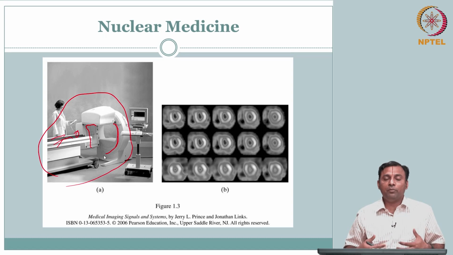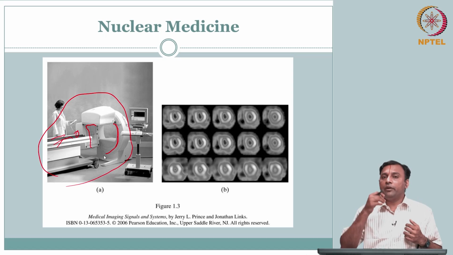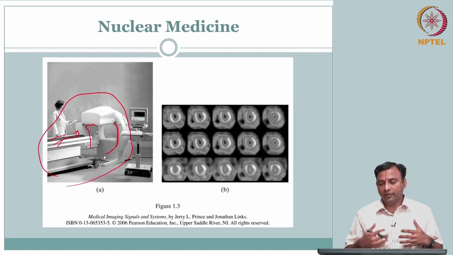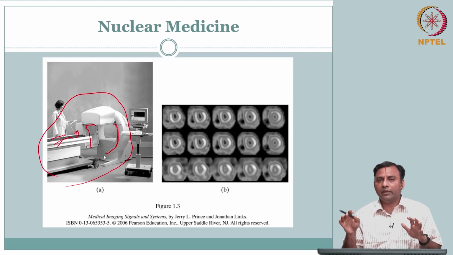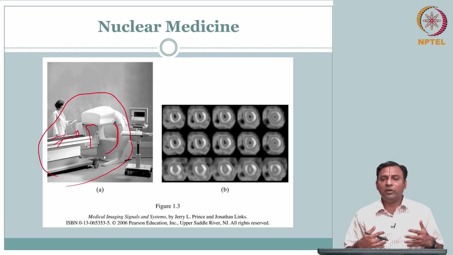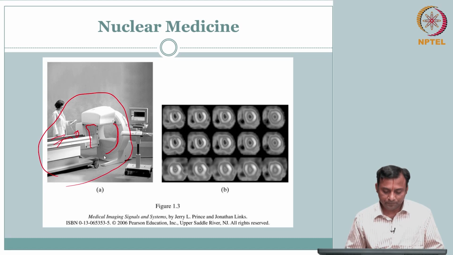For example, if you want to see problems in your digestive system, how it functions, they will ask you to drink some radio tracer that will become active depending on the metabolic activity in the stomach. They will ask you to drink and wait for some time, and by that time it would have gone to different parts of the body, and only at the locations where there is activity will it tag on and give the signal out. So patient preparation is key here.